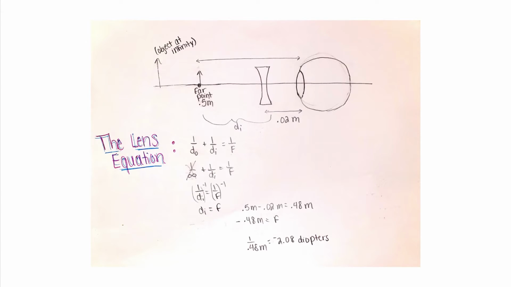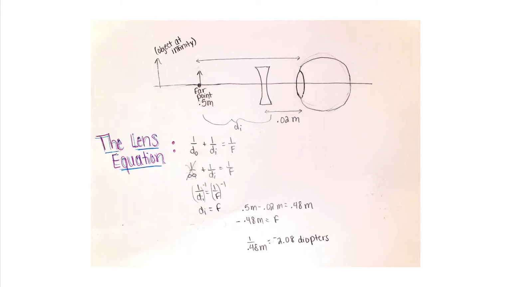Once it is determined whether a person is myopic or hyperopic and the shape of the lens, converging or diverging, is chosen, it is necessary to know what power of lens a person's eye requires to fully correct their vision. To determine this, we can use the lens equation. We'll start with an example of myopia. In this example, the far point was determined to be 0.5 meters, and the glasses lenses are 0.02 meters from the eye. The far point is simply the first point at which the eye can no longer focus on a